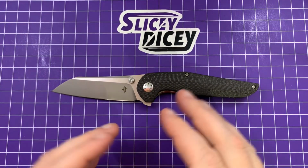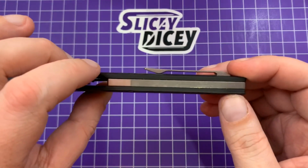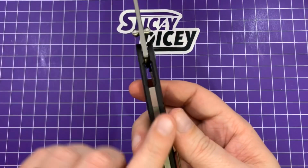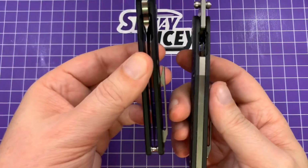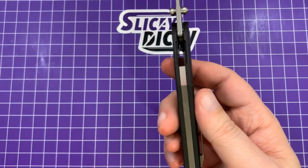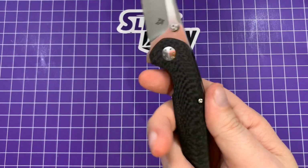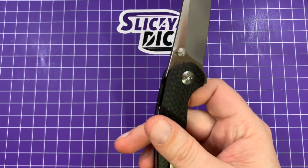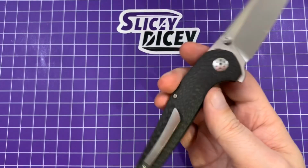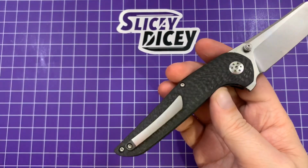If I could change one little thing on it, I would get rid of all these T6 screws. And as you can see, another difference, by the way, is this has a full tie back spacer where the MR just has standoffs. Yeah, I think it's well worth the price. Just I wish those were T8s. Tiny little thing. Probably wouldn't have hurt to make that a hidden pocket clip screw, but that doesn't really bother me that much